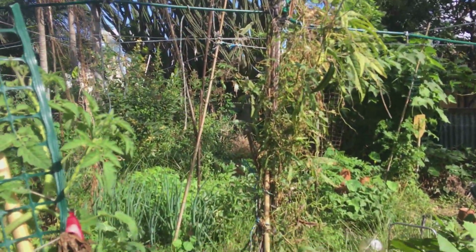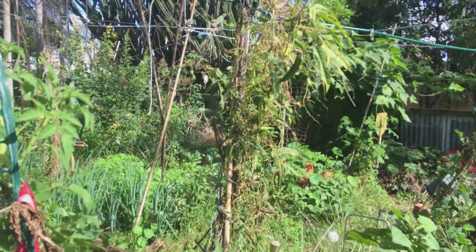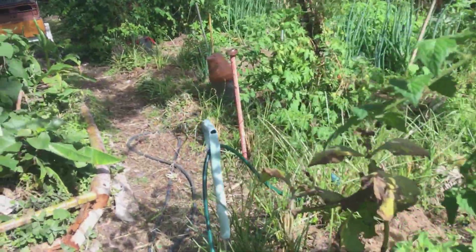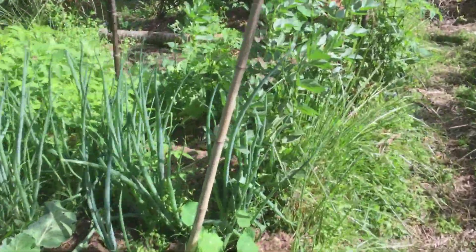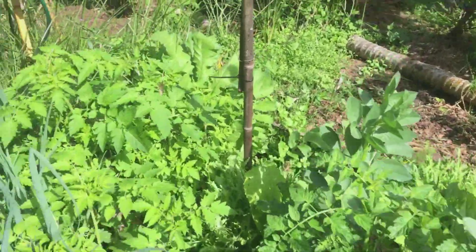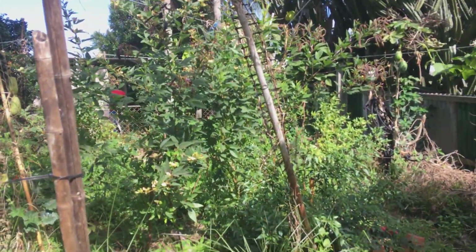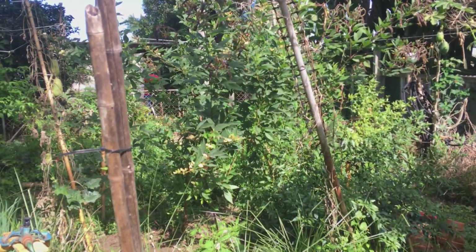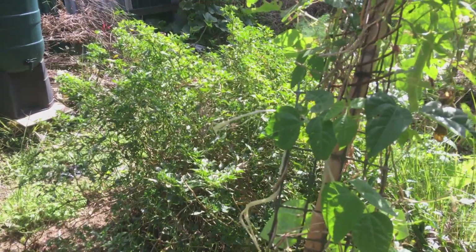That was wing beans, which have had it for now, but they were very productive and I really liked the taste of those. Very versatile in the kitchen. And further along we have broad beans, more radishes, more tomatoes. Over there, that's pigeon peas, not quite ready for harvest, those ones. Here's a stand of chilies,